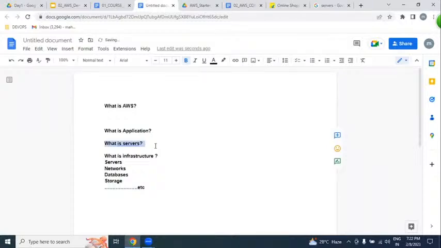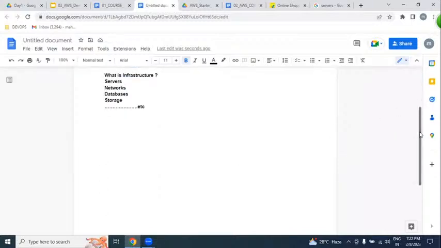Clear? We understood what an application is, and what infrastructure is. But how many ways can we get this infrastructure?